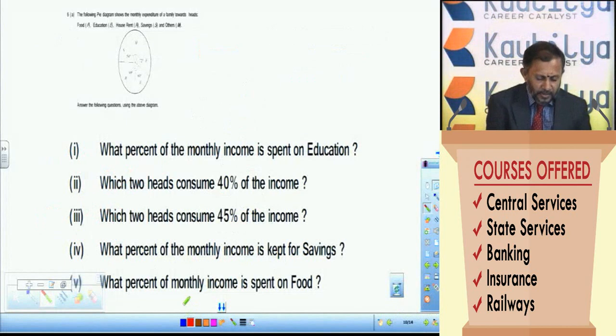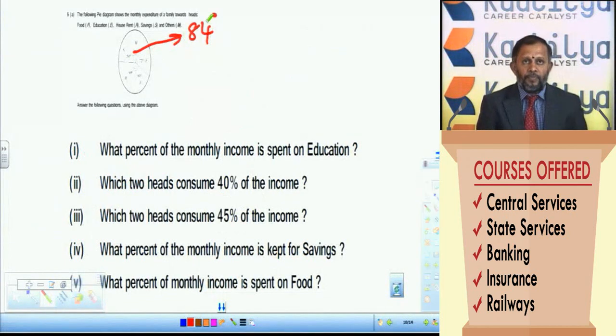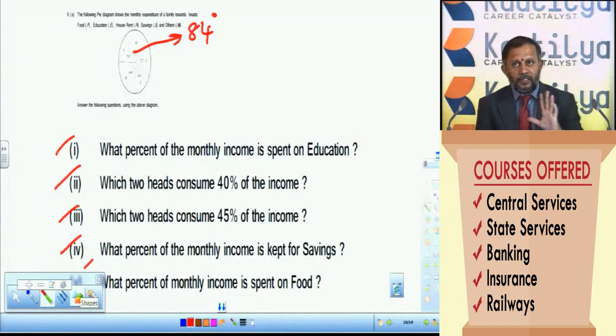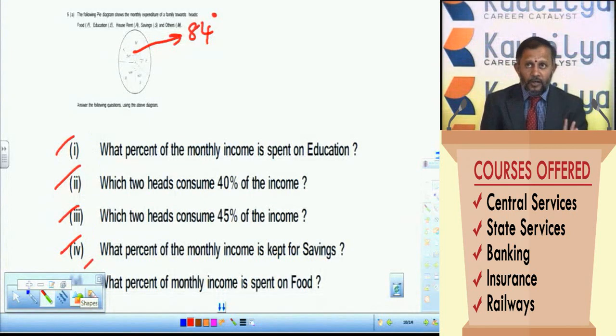So what you have to observe is the value of m, that is 84 degrees. The total is 360 degrees, and out of that the amount spent for food is 72, and for education 60, and for rent that is 90, and the savings part that is 54. Right? Here we have to answer 5 questions, and all these 5 questions carry 10 marks in total. So for each question you can get 2 marks. So basing on that you have to solve these questions.